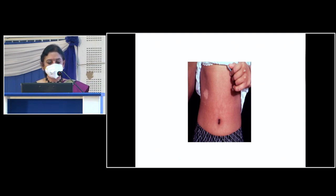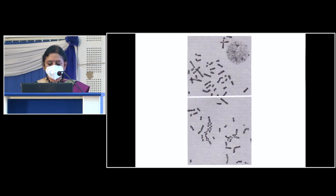Hypoplastic thumb. So here in this child with pancytopenia, and this is a hypopigmented patch. So Fanconi can present with café au lait or hypopigmented patches. And what does this show here? This is when you add mitomycin C to the genes, they start breaking. This is normal. Whereas in Fanconi, because they can't repair their DNA, they start breaking in a wild manner, so excess sensitivity to mitomycin C. These are the tetraradial, triradial, Y-shaped ones. So that's all characteristic of